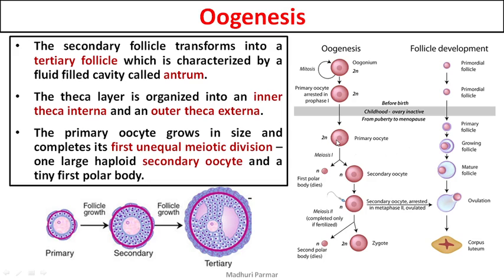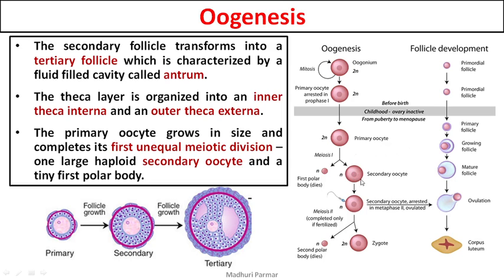अभी इसमें अनइक्वल मियोटिक डिवीजन लिखा है, सोचो, एक तो मियोटिक डिवीजन ऑलरेडी मींस अनइक्वल डिवीजन, लेकिन इसमें अनइक्वल किस हिसाब से बोल रहे हैं, साइज के हिसाब से। So you have one cell which is very small in size, एकदम छोटू सेल बनेगा जिसको बोलेंगे पोलर बॉडी, ओके। This small cell is known as polar body, and then you have a large cell जो एक बड़ा सेल रह जाएगा, this now is called secondary oocyte।